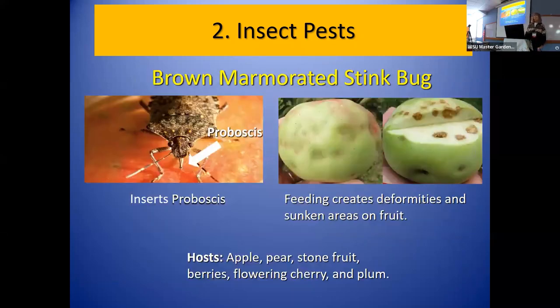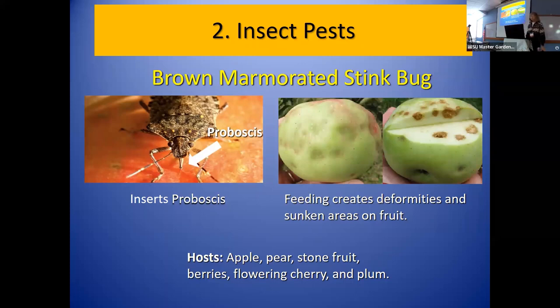So the brown marmorated stink bug is a serious pest of orchards. And it has what's referred to as piercing, sucking mouth parts. So see right here, the proboscis, see that sticking down into the apple? So it sticks this proboscis into the fruit, and it will emit a little bit of saliva. That saliva will soften the fruit, create a little bit of a slurry in the fruit, and then it sucks